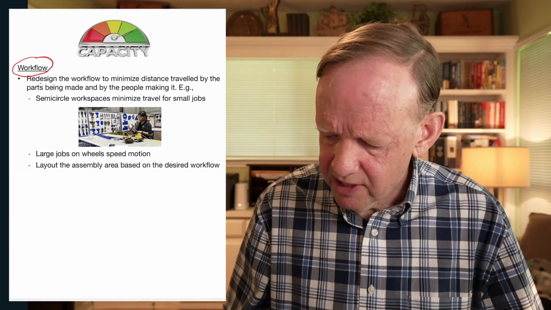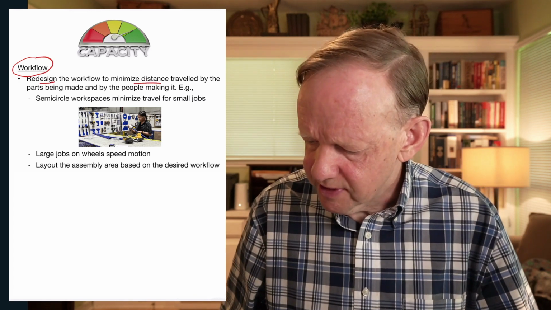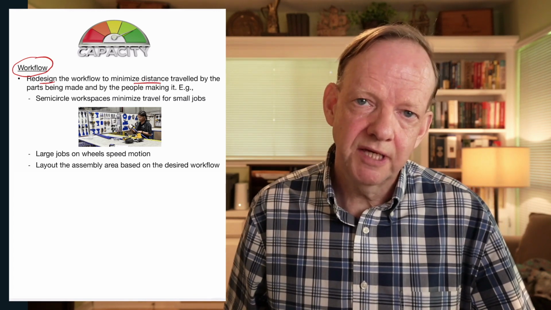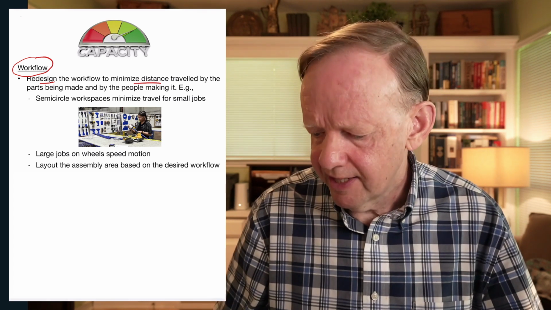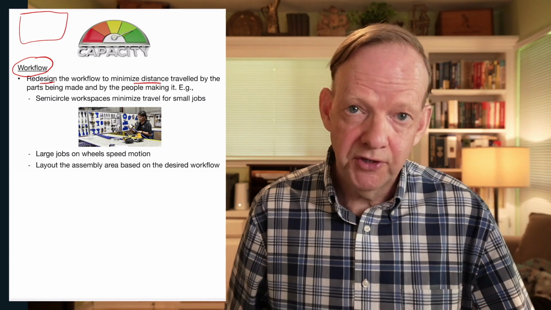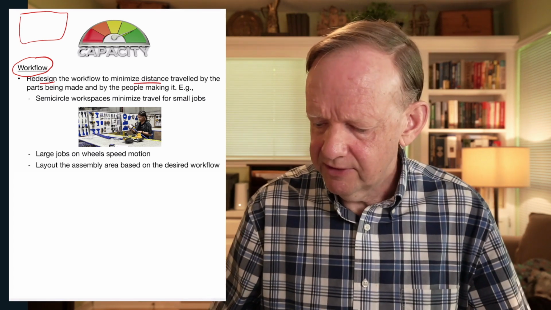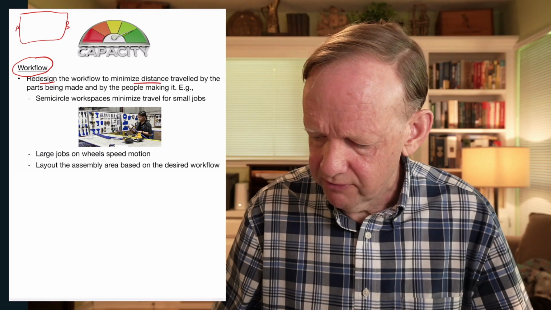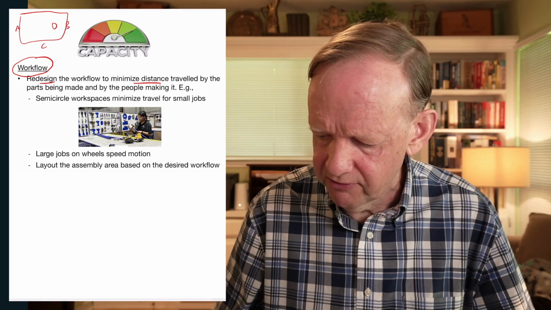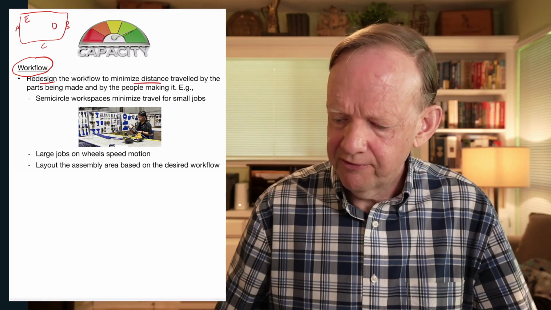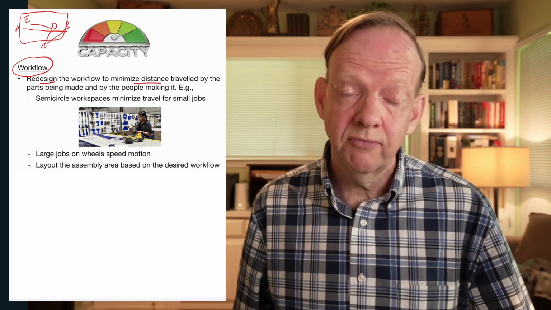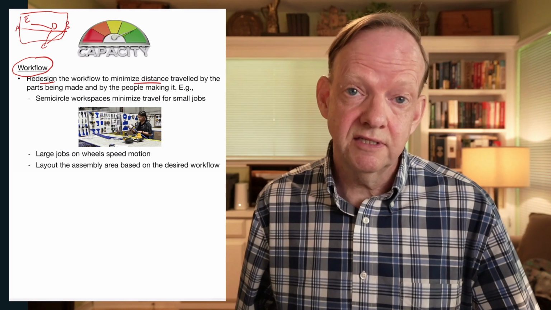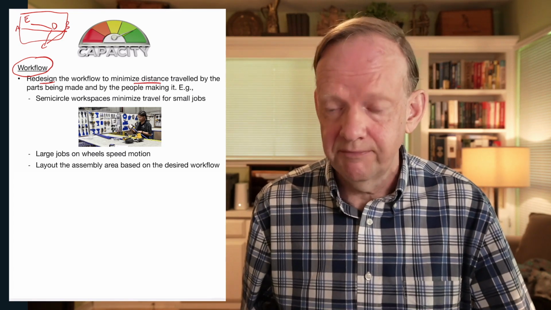So the first thing to look at, I think, is workflow, and redesigning a workflow to minimize the distance traveled by parts being made and the people doing the work. For example, if you have a room where you do the manufacturing assembly, and machine A is over here, and machine B is over there, and machine C is over here, and D is over there, and E is over here, and you have to keep going all over the place to get the thing assembled, then you're not minimizing the distance traveled by the people or the item being